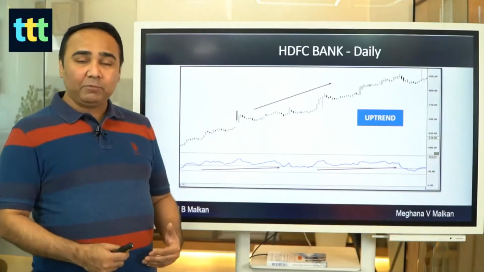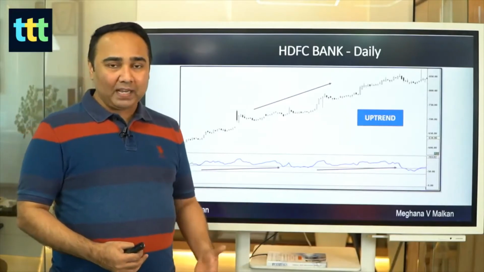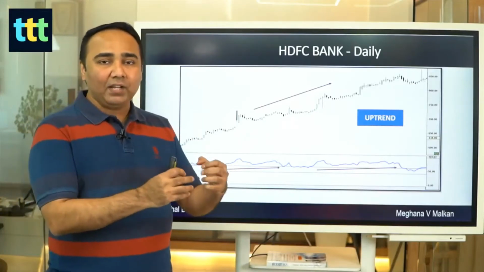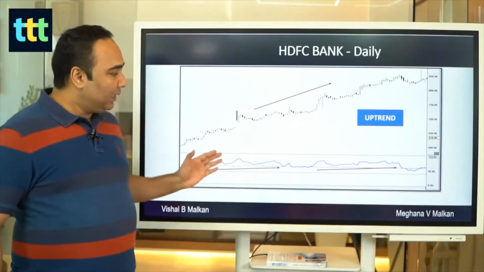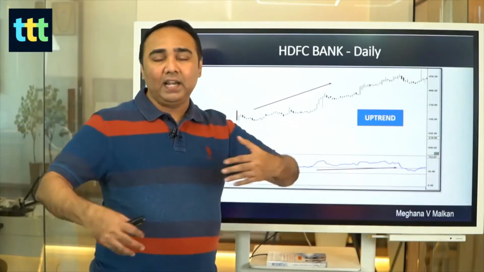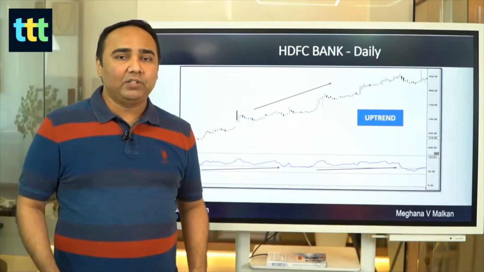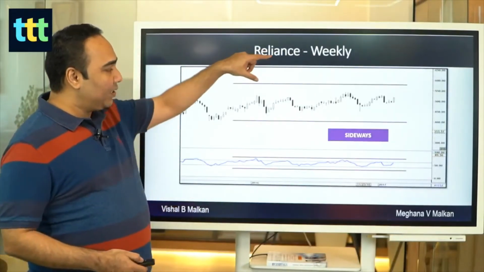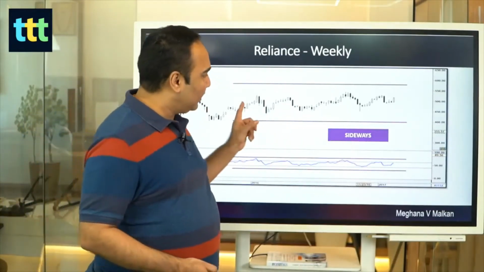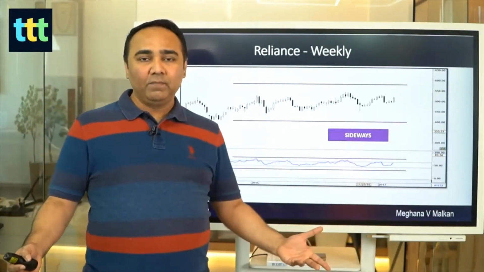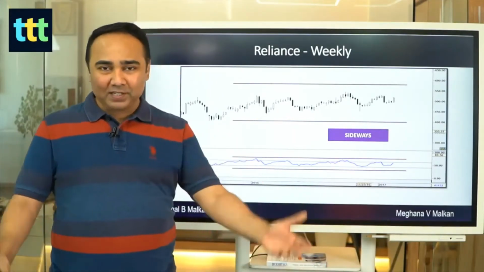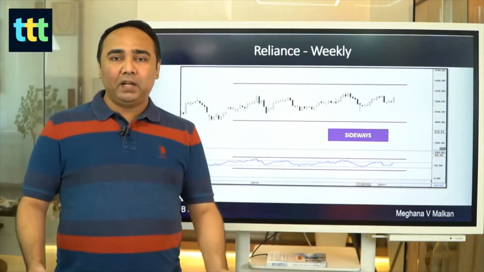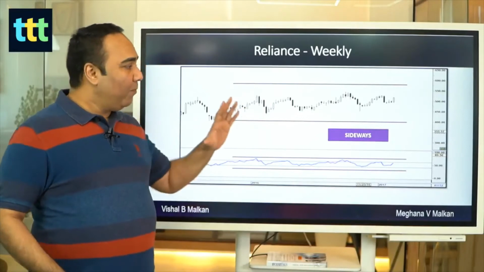Now there is a concept called range shift. Maybe in another episode I will talk particularly about how a range shift happens from bearish to bullish or bullish to sideways, right? But this is the basic information about RSI, which itself will change a lot about your analysis and trading. Above 60. Now look at this weekly chart, sideways: 40, 60, 40, 60, 40, 60. This is a no trade zone or option writing zone. We'll talk about options in another episode maybe. So this is a sideways market which we can't trade, we can't make money. It's support resistance, right?